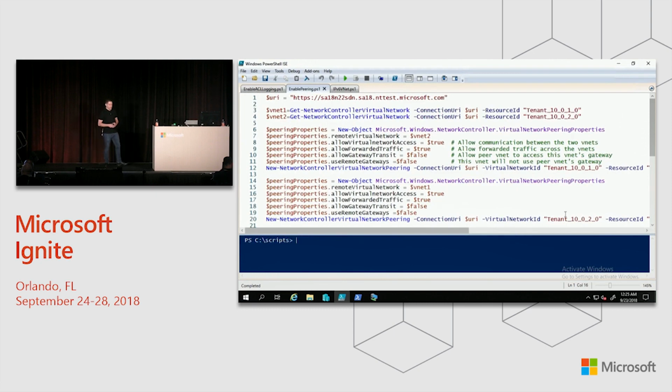So what I'm gonna do now is enable peering. And this script here, it's basically two commands you have to run to enable the peering. You get the two virtual networks you want to peer together, and then for each one you have to say, okay, allow peering, and who do you want to allow peering with? Well, in this case, the first one I'm going to peer with VNet 2, and VNet 2 is going to peer with VNet 1. And then you have a number of properties in the middle that say, okay, are you going to allow each of them to be able to talk to each other once they're peered? Are you going to allow traffic to get forwarded through one to get to another, through the gateways? Are you going to allow them to even use the gateways, things like that. So you set all of these for each of the networks, and then once you run it,